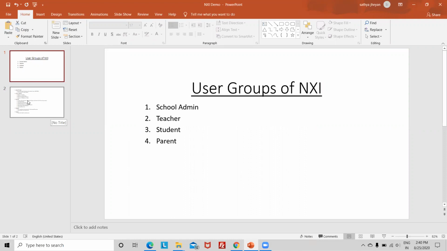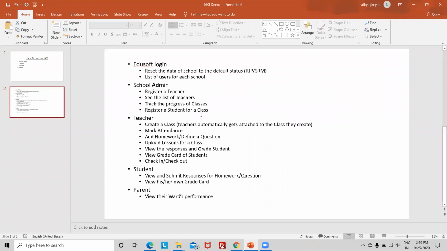Next, we come to the different roles that they are going to do within the application. One is the EduSoft login. EduSoft login is a super admin kind of login that enables you to reset the data to the default status of the application.